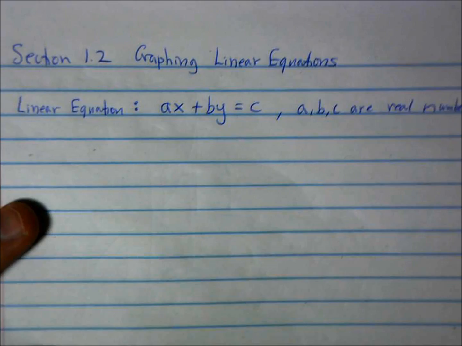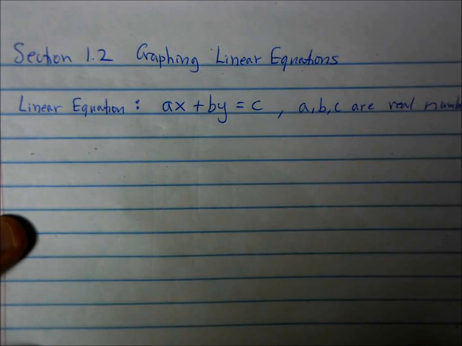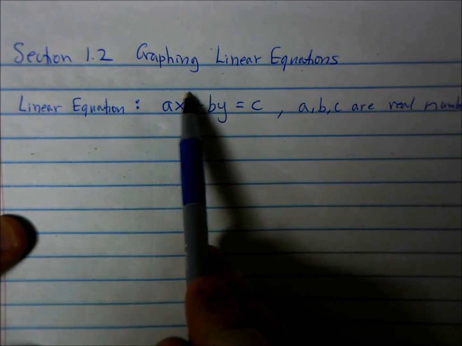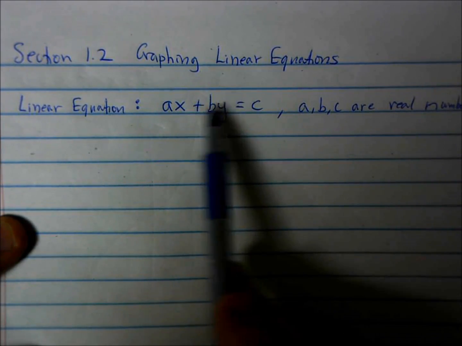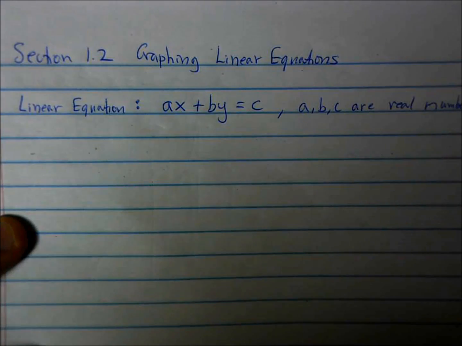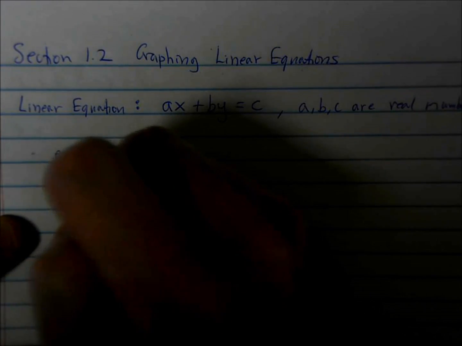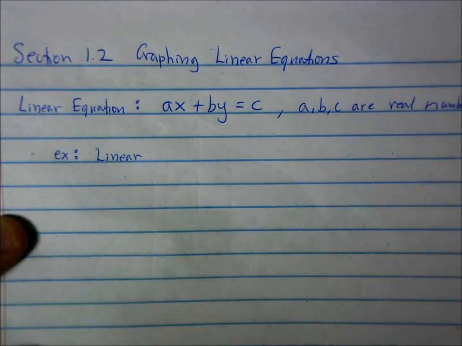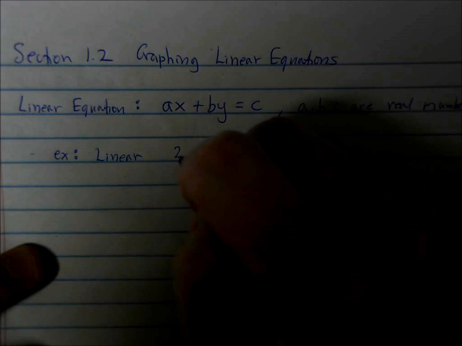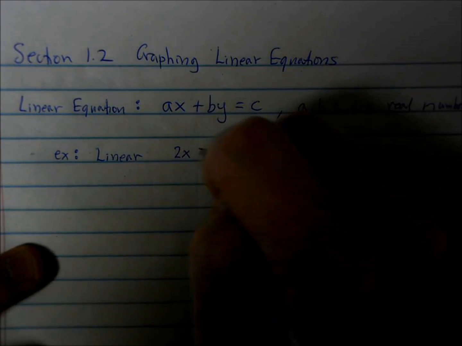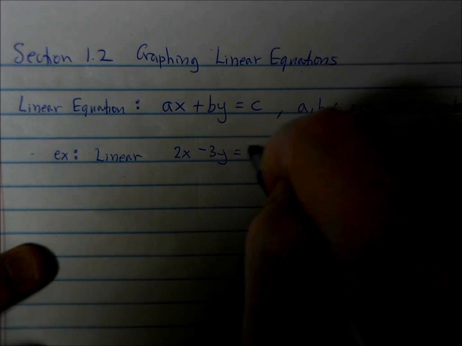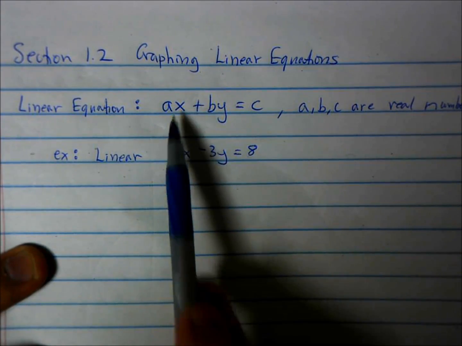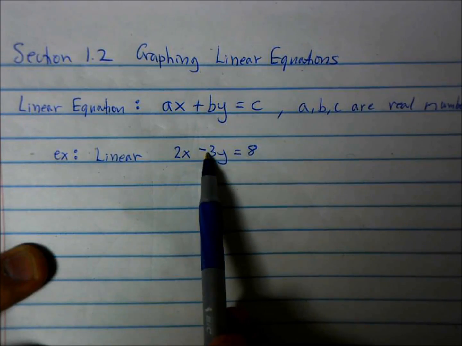Now, basically, what we look for in a linear equation is that it has variables. In this case, we have x and y, and the power on the variable is just a 1. So, let me give you some examples of things that are linear and things that are not linear. So let's do linear first. So linear might look like 2x minus 3y equals 8. There's a linear equation. Notice it has ax, a is the number 2, by, b is the number -3, and